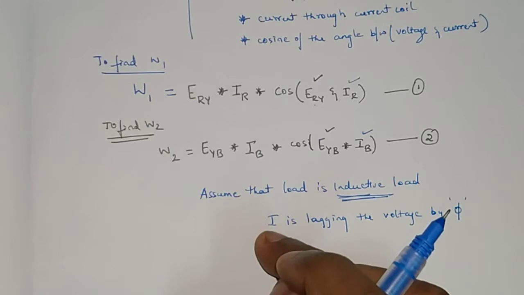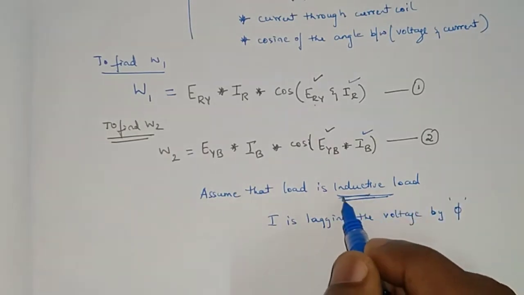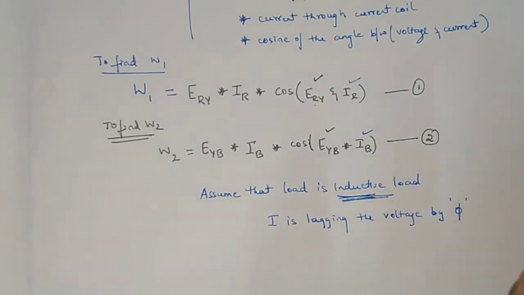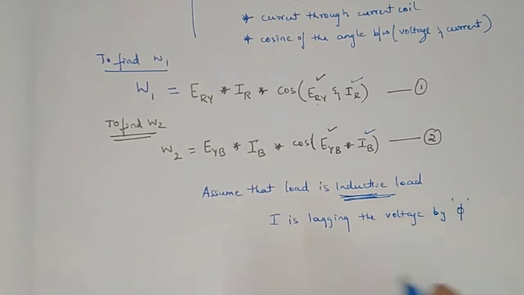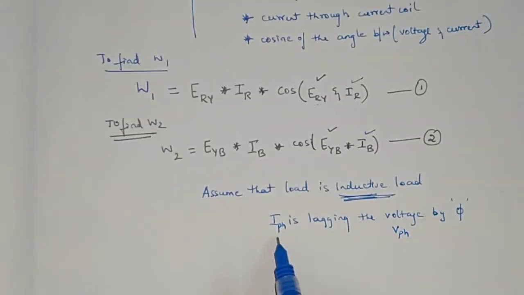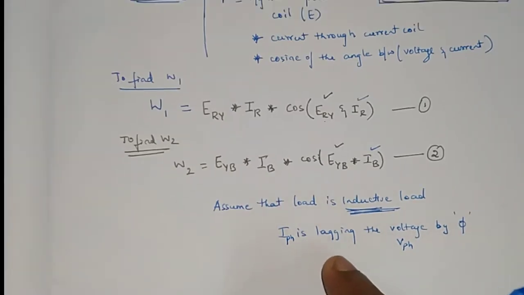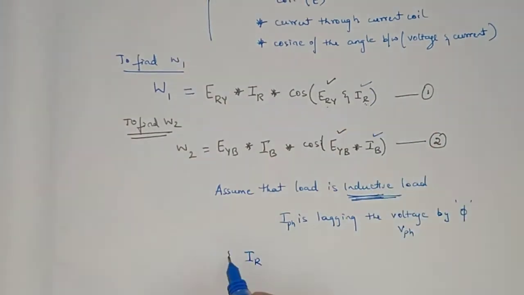Now I need to find out which current this is, whether it is line current or phase current. Pure inductance or the RL series circuit comes under the previous chapter, single phase circuit. In a single phase circuit, you know that only one type of voltage and one type of current are there: phase current and phase voltage. It means the phase current is lagging the phase voltage by angle phi. Why? Because if you use this relation in this chapter, you need to mention which type of current and voltage. So next we will see what IR and IB are, whether they are line current or phase current.